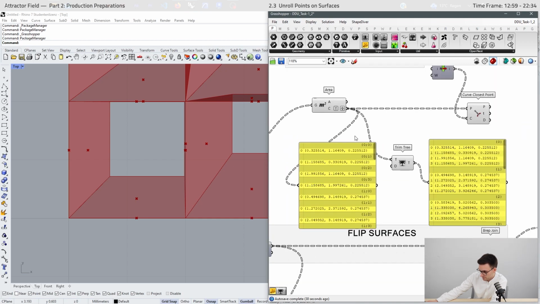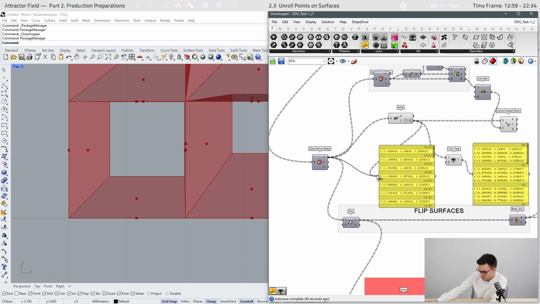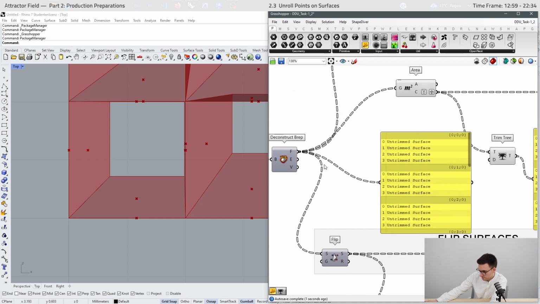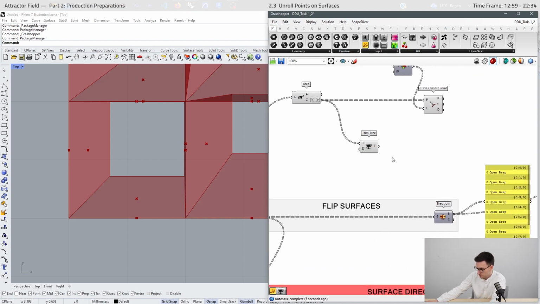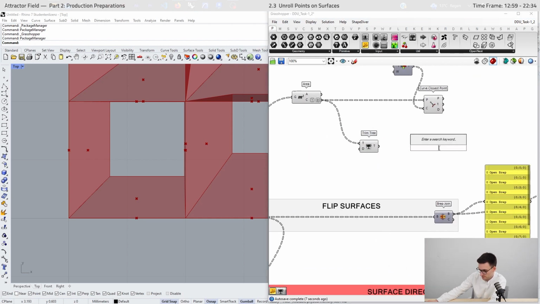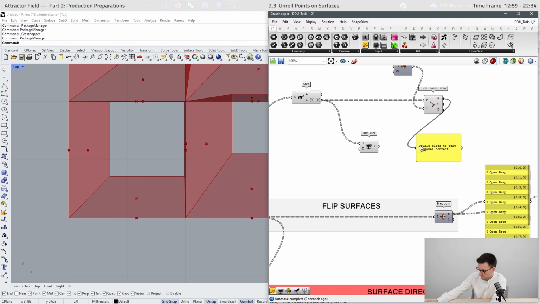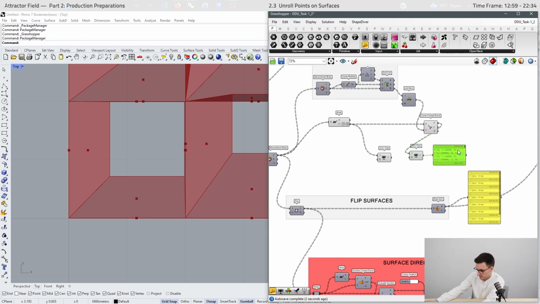So this was our list structure, and now we have it again. So we can use the trim tree component for this, and we have to use this also right here. Now we have our list structure, and these are our points.